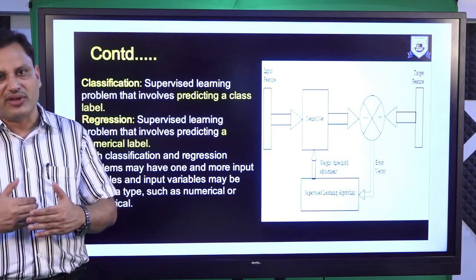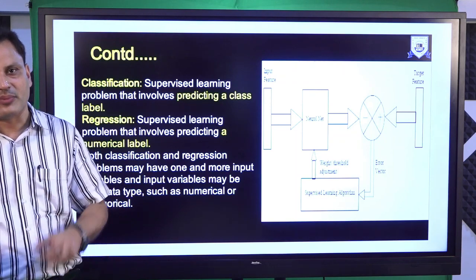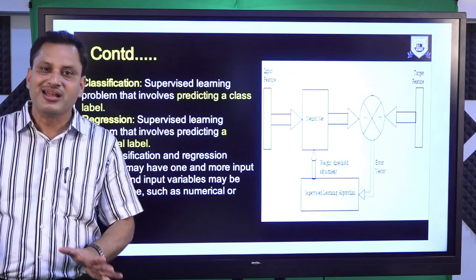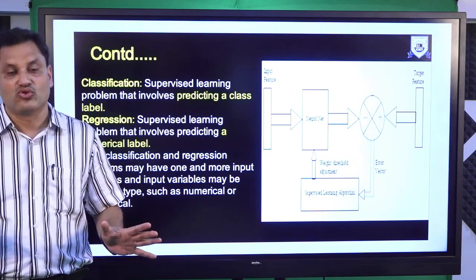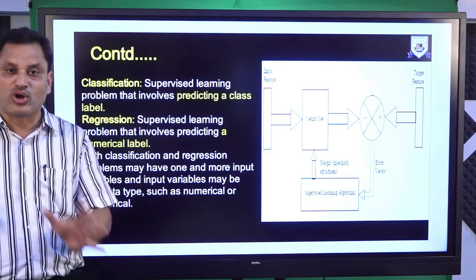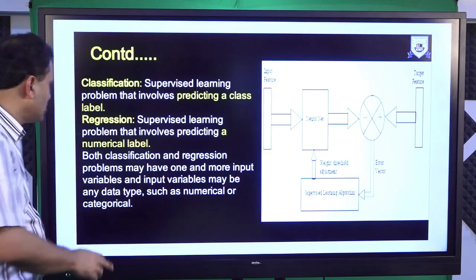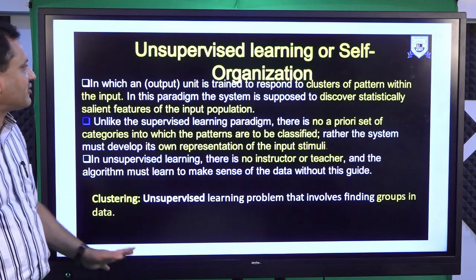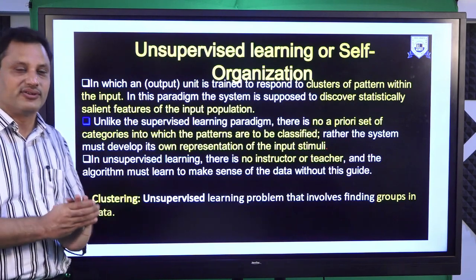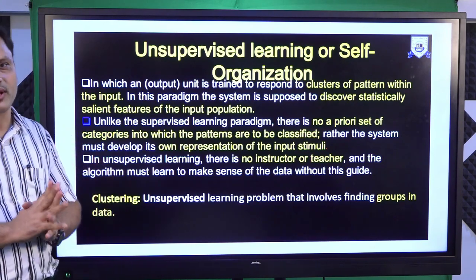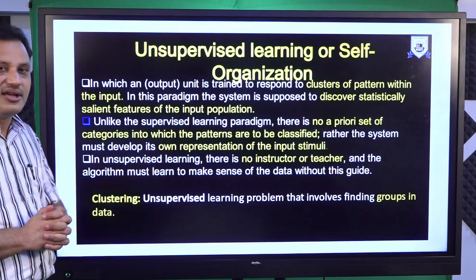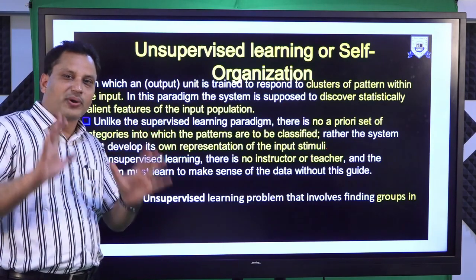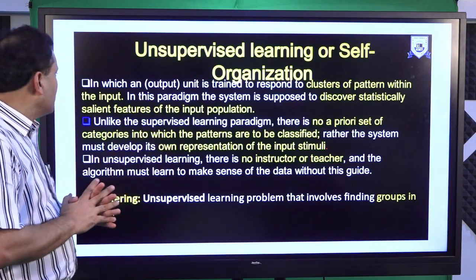While we are doing grouping, we are analyzing the patterns and putting them in different groups. So that makes the clustering. Clustering is an example of unsupervised learning. The supervisor is not available. The output of patterns is not known. All right, so the next kind of learning is unsupervised learning. In unsupervised learning, clustering is a fine example. The supervisor is not available.